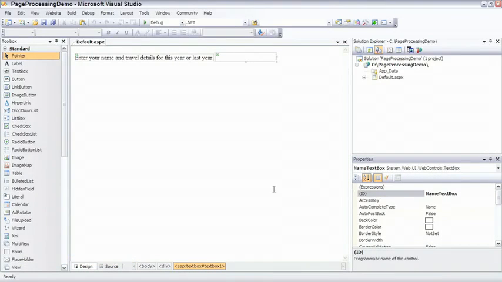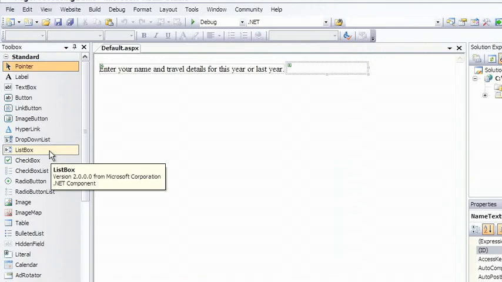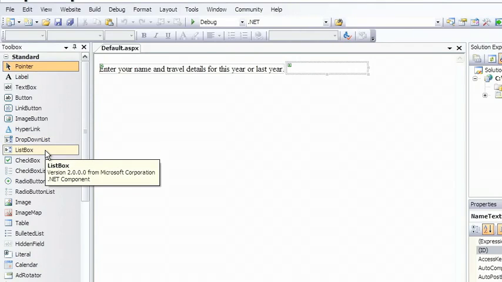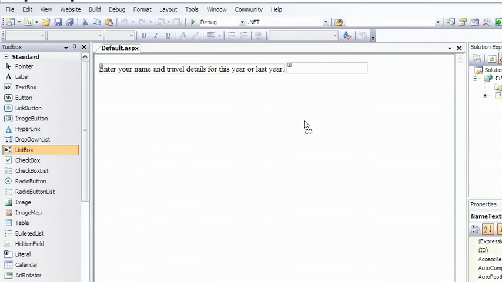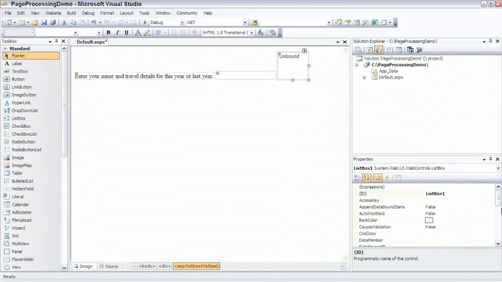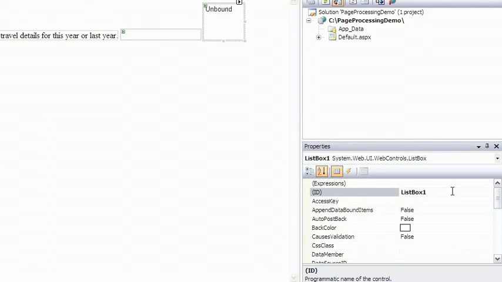Now let's add a list box. A list box displays items in a list as opposed to a drop-down list which hides and expands as you click on it. We'll go for a list box in this example, so let's drag one of those over. Okay, now as you remember from the previous lesson, when you have controls like list boxes and drop-down lists, this box pops up which enables us to bind the control to a data source if we want to. And again, I'm just going to hide the smart tag, and what we'll do is set the contents of this control via other mechanisms. So we'll set the ID first of all to be